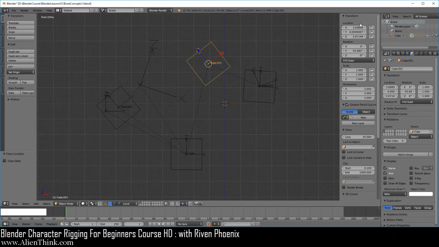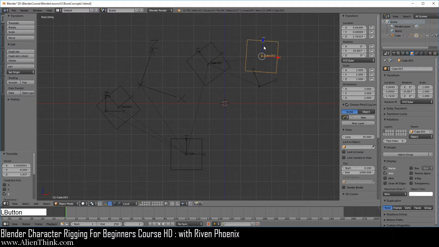You'll see that when we click on these X values, we can only move along the axis that is being displayed on these local coordinate systems or the global coordinate system. So when we set it to local, we can click on any of these objects and then move along the Z and the X. And of course, when we do that, both values are going to change. So this is how this concept works.